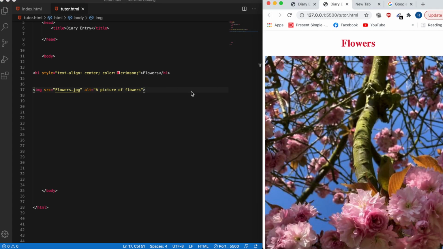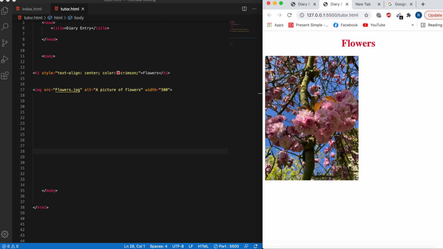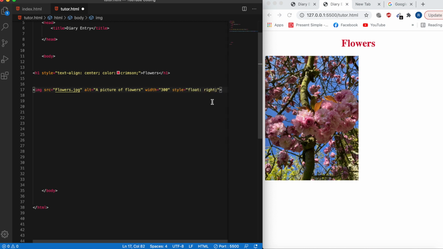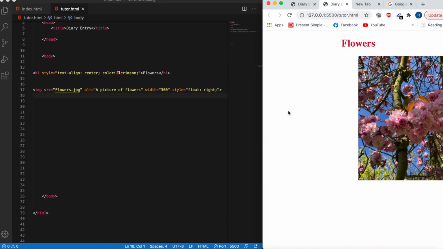So the same problem as before, it's too big. So we need to reduce the size of this image. And let's do that by doing width and making it 300 pixels. Okay, great. So let's make our picture float to the right, actually. So style, float, right. This way it will float to the right of the page. Awesome. And now, let's have a paragraph